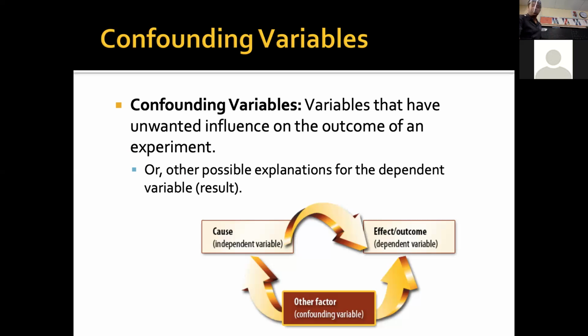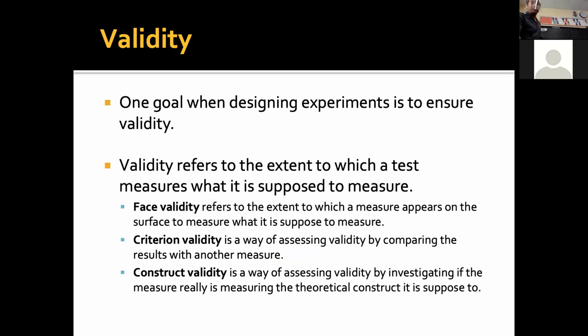Good. All right, real quick, validity. One goal when designing experiments is to ensure validity. Validity refers to the extent to which a test measures what is supposed to be measured. So there's certain examples of validity. You don't have to focus on all these examples here, okay? It's just to really know and understand that